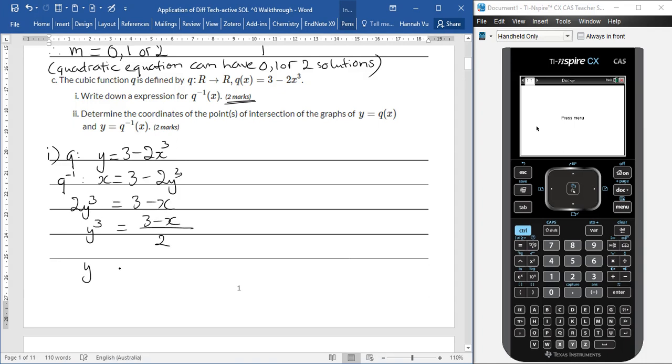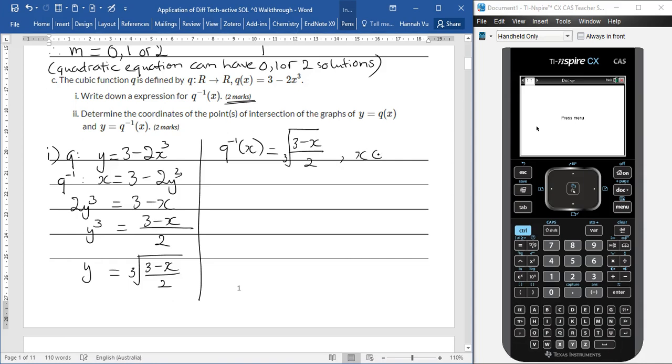Therefore, y would equal the cube root of (3 minus x) over 2. Now, if you want to answer the question, q inverse of x equals the cube root of (3 minus x) over 2,